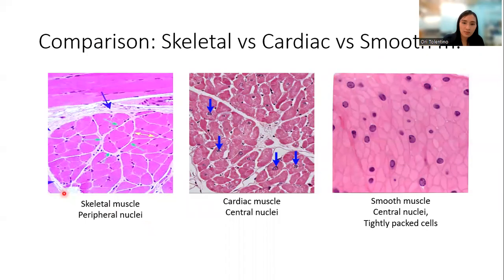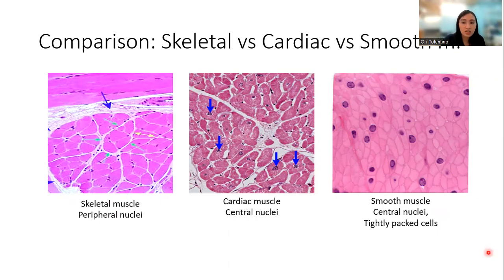it must be skeletal muscle. The cardiac muscle also has one or two nuclei, but they are in the center. And you can see that the smooth muscle also has one nucleus at the center. But how do you differentiate them? In the longitudinal section, you can see that the cardiac muscle is striated, and the smooth muscle is not striated. But you cannot see the striations in the cross section. So how do you compare them?